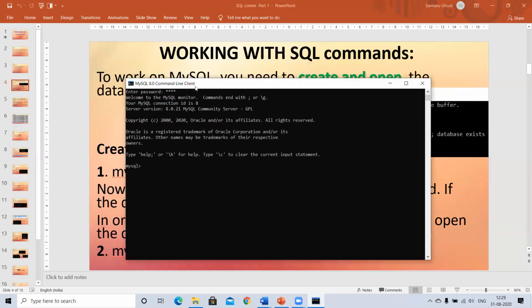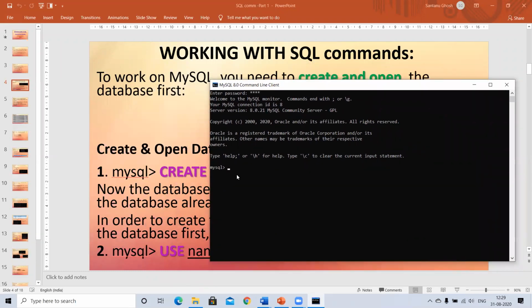Now, last class, we did a few commands. Let me just revise them. First thing, I want to see the list of databases I currently have on my machine, because I don't remember what database I created last. So I want to see the list of available databases before I start. And remember, a database is like a folder. It has multiple tables in it. So I need to remember the name of the folder to go and open that folder.